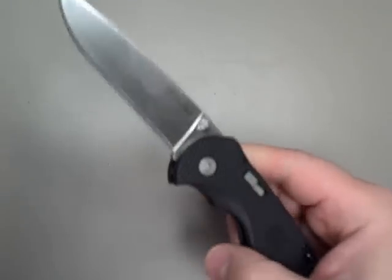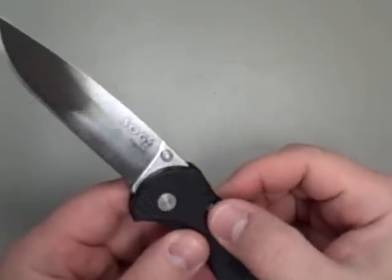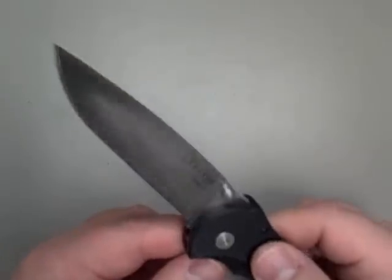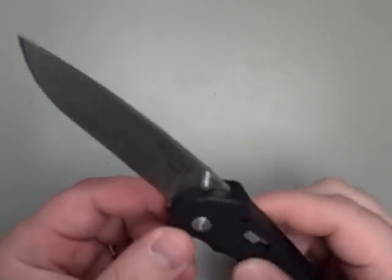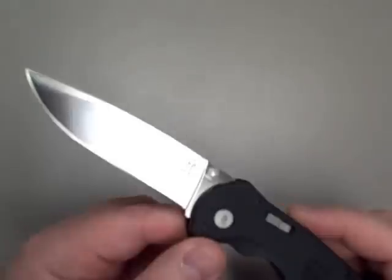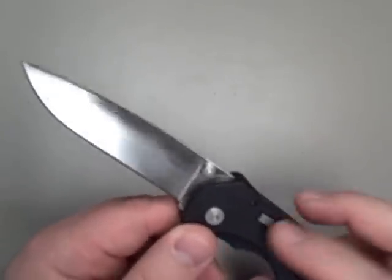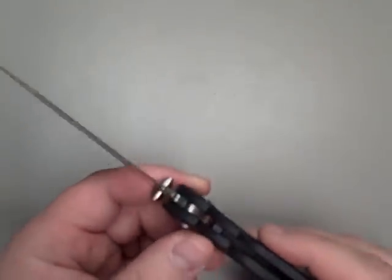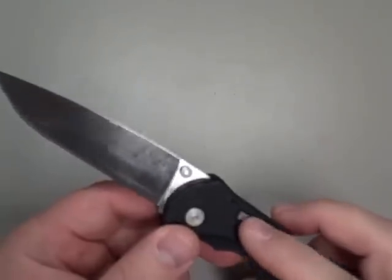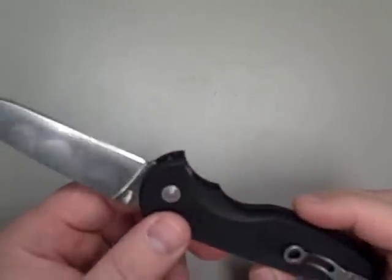Another slight complaint I would make is on this locking mechanism. It's pretty low profile, and it requires you to really kind of dig your thumb in, which I'd prefer not to have to do. Again, keep in mind, I'm pretty spoiled by that Benchmade Osborne, so that's kind of my comparison point, which is a little unfair considering the price difference between these knives. But I know that they can do a better locking mechanism because it looks like their new knife, the Aegis, they've kind of changed this somewhat to make it a little bit more accessible. So I am looking to purchase that knife in the future,